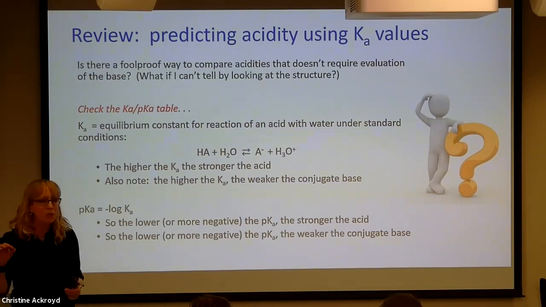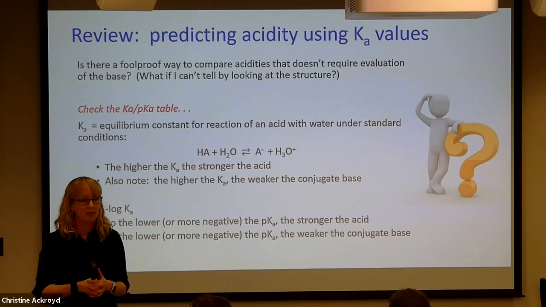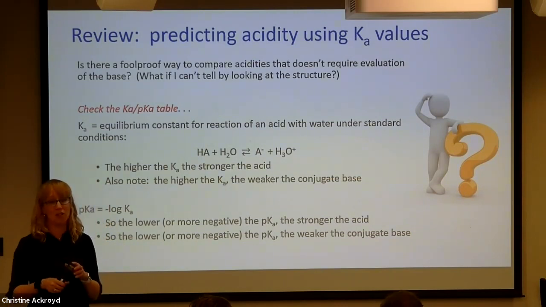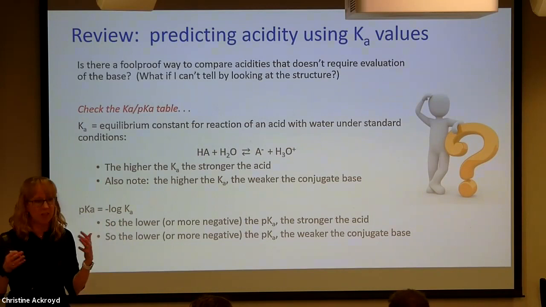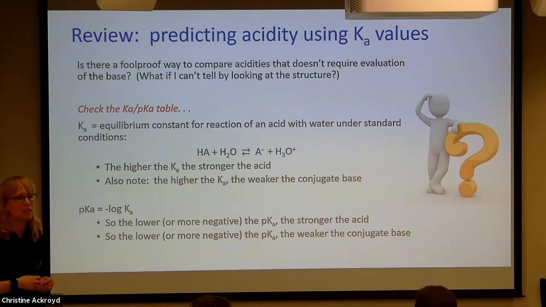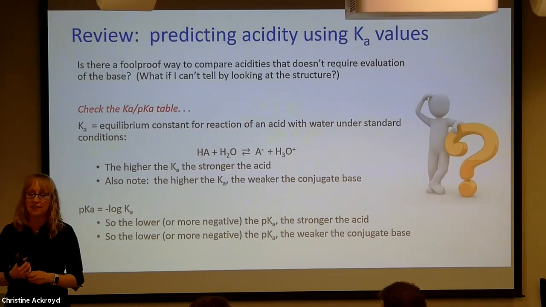Where's the dividing line between weak and strong acids? Anything with a Ka greater than 1 counts as a strong acid. Functionally, I've never met a strong acid that didn't have a Ka of at least 10. There just isn't a lot of stuff that clusters around it. Yes. On the Ka table, isn't it like above or below hydronium? Yes. Yeah. Okay, we can also express the Kas as pKas.